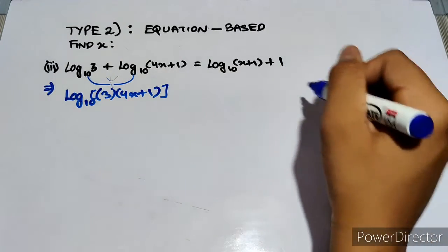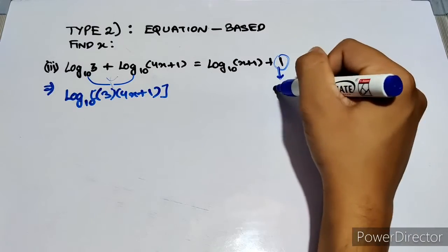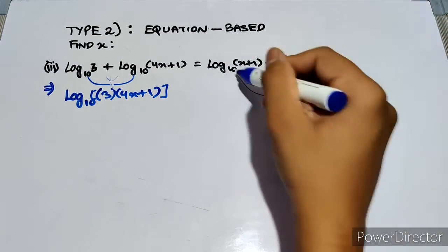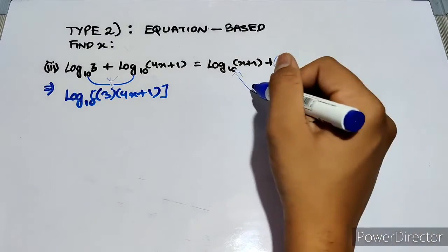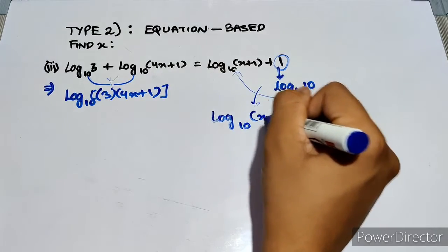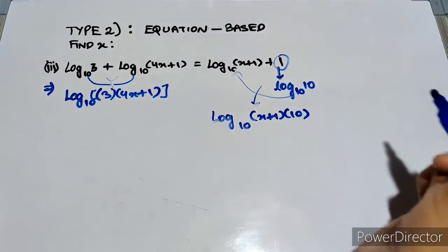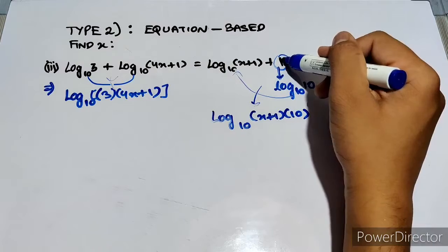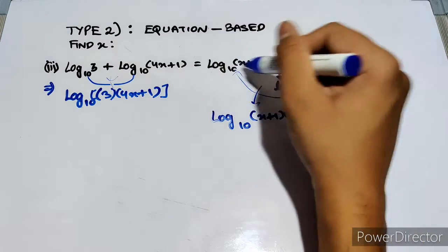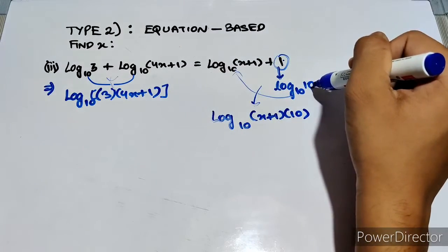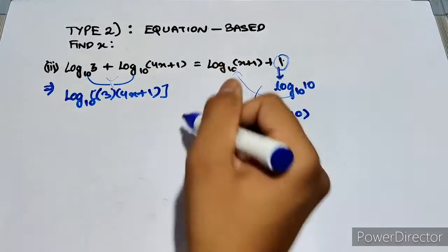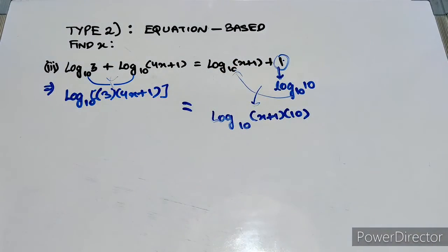And to solve the right hand side, we will convert this 1 as log of 10 to the base 10. Thus we will get the same base here and we can apply a similar thing on the right hand side also. So it will be log of x plus 1 into 10. You got what I have done? We have written just 1 as log of 10 base 10, and thus the property is that when we have the same bases we can multiply and we can break it into a sum if required. So the reverse I have done here, and we can now easily compare LHS and RHS.